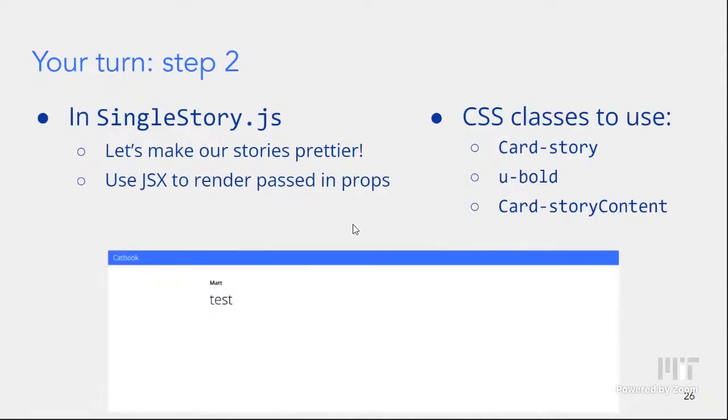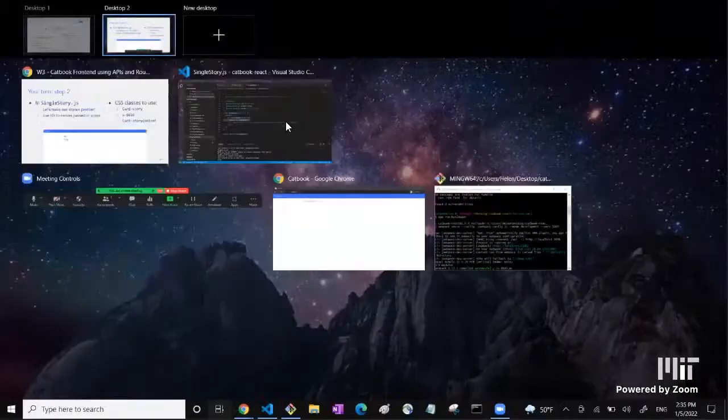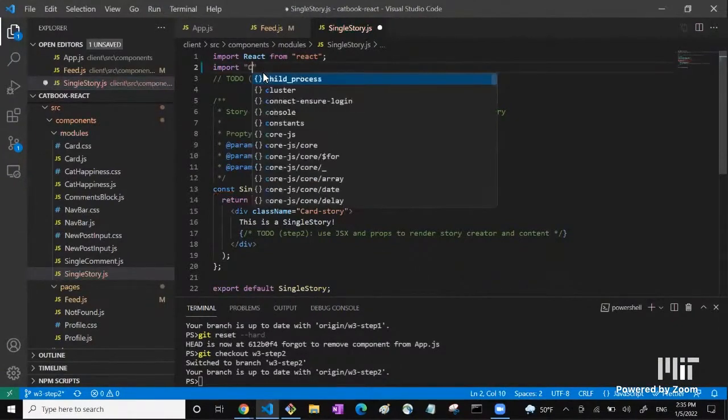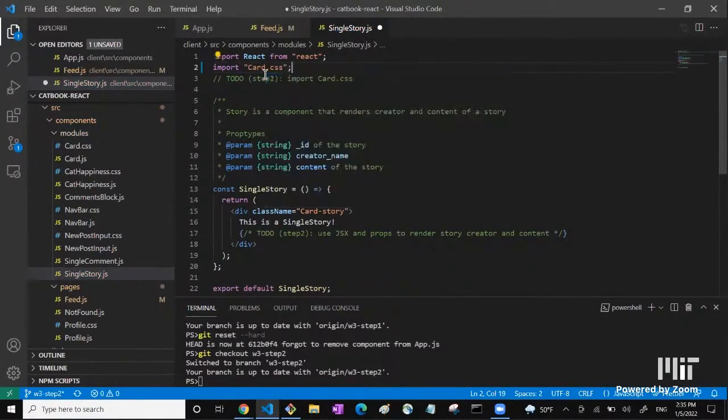And these CSS classes are in the card.css file. So if we go back to single stories, the first thing we want to do is to import the CSS file that has all of those classes that we need. So we do import card.css at the top. Okay. And since we don't really want to just say this is a single story, we want it to